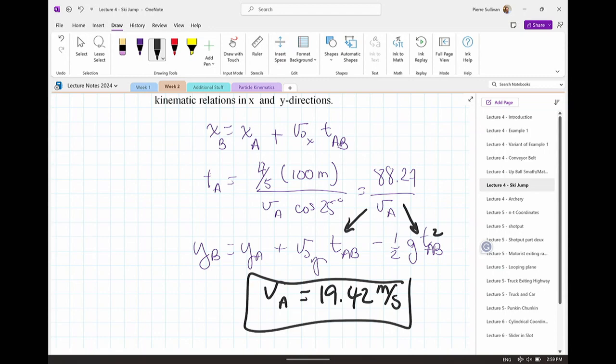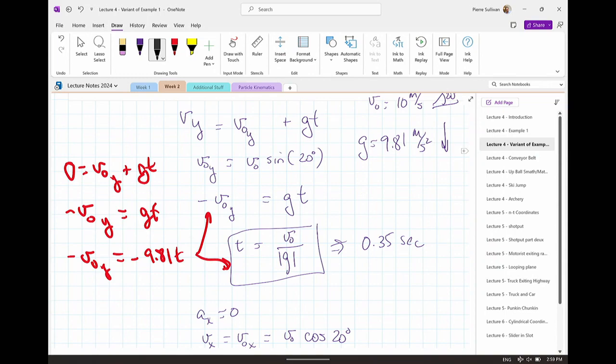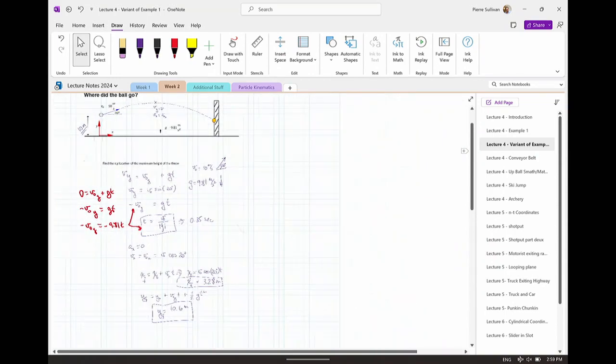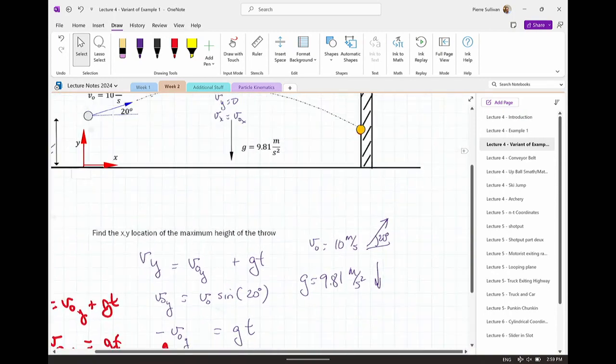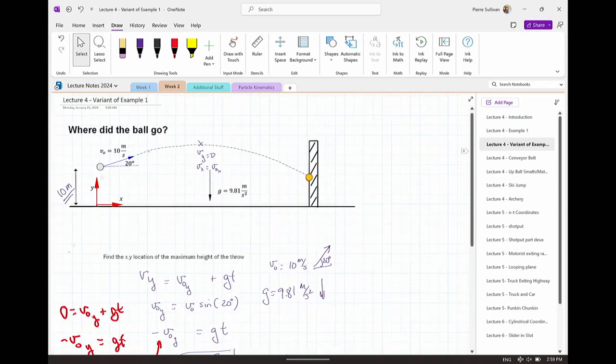So could you just go over the second ball problem to see how you got the y coordinate? This one, sorry. Which one? So at the bottom, if you got the